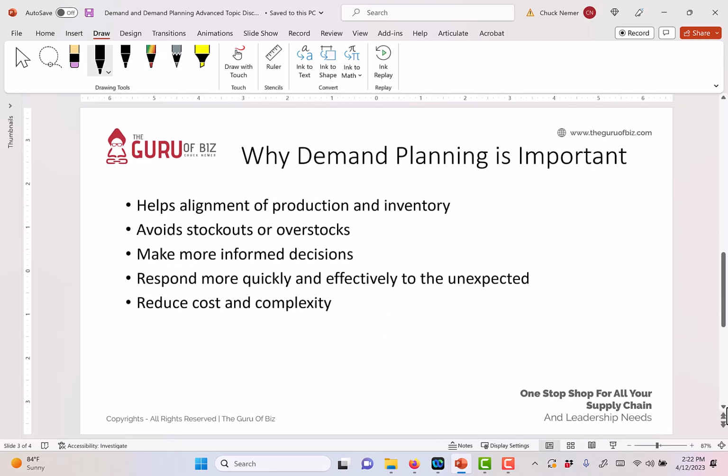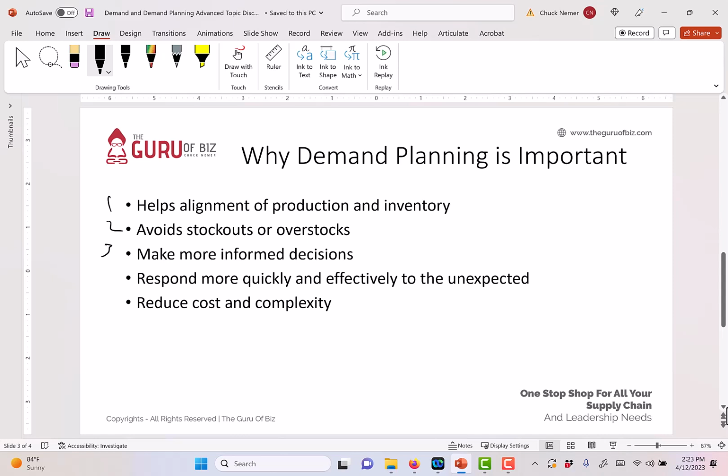So let's move over now to why demand planning is important. We've got these 5 bullet points. Demand planning helps companies to align their production and inventory levels with expected customer demand, which of course can reduce waste and optimize resources. Secondly, accurate demand forecasting can help companies avoid stockouts or overstocks, which can lead to lost sales or excess inventory